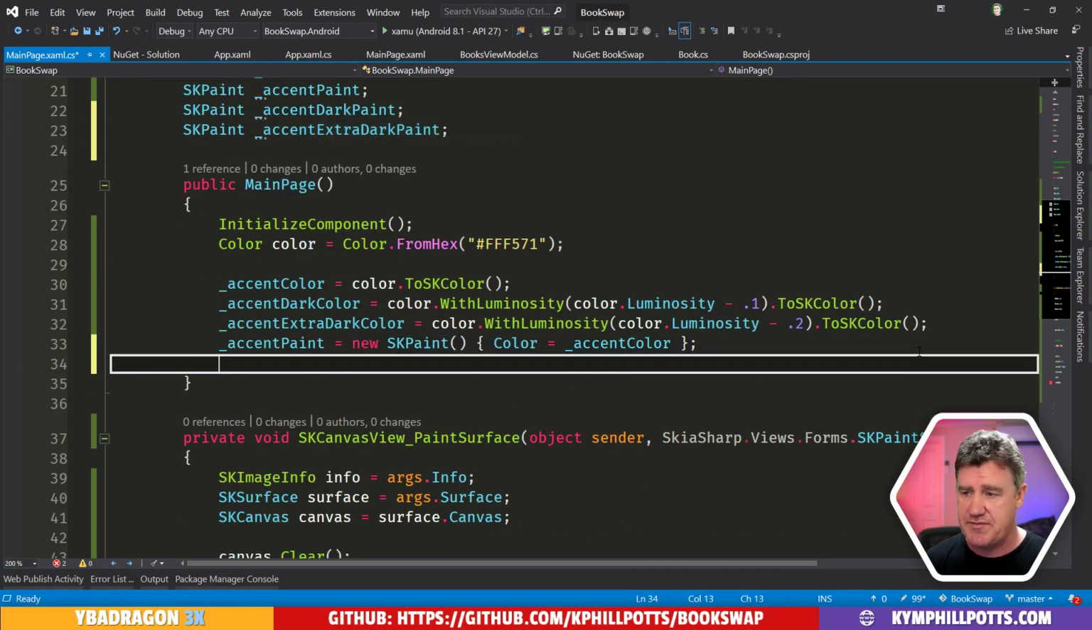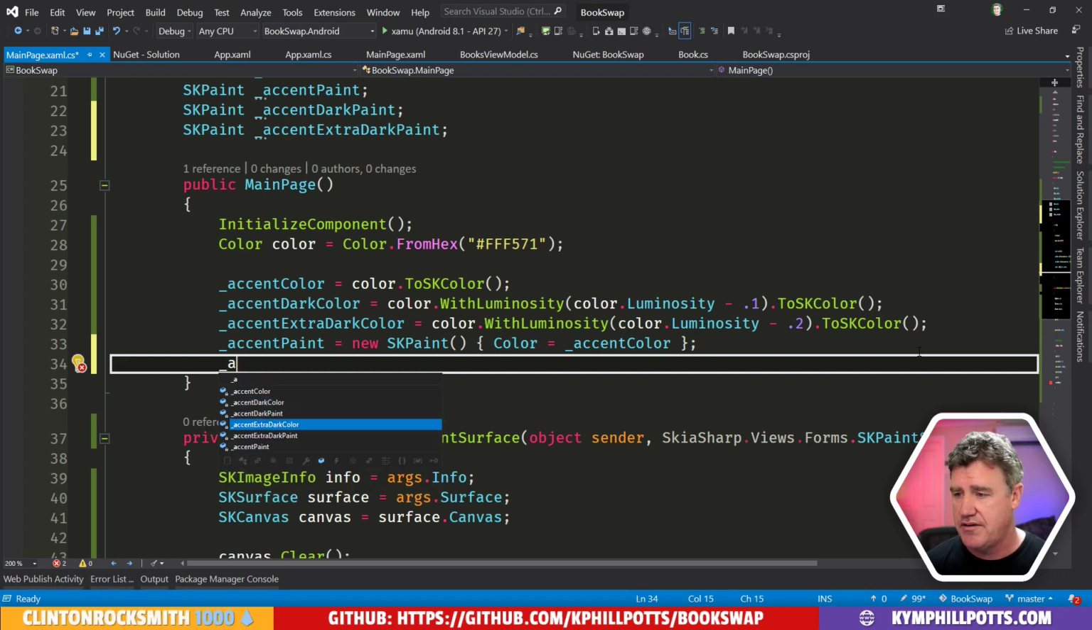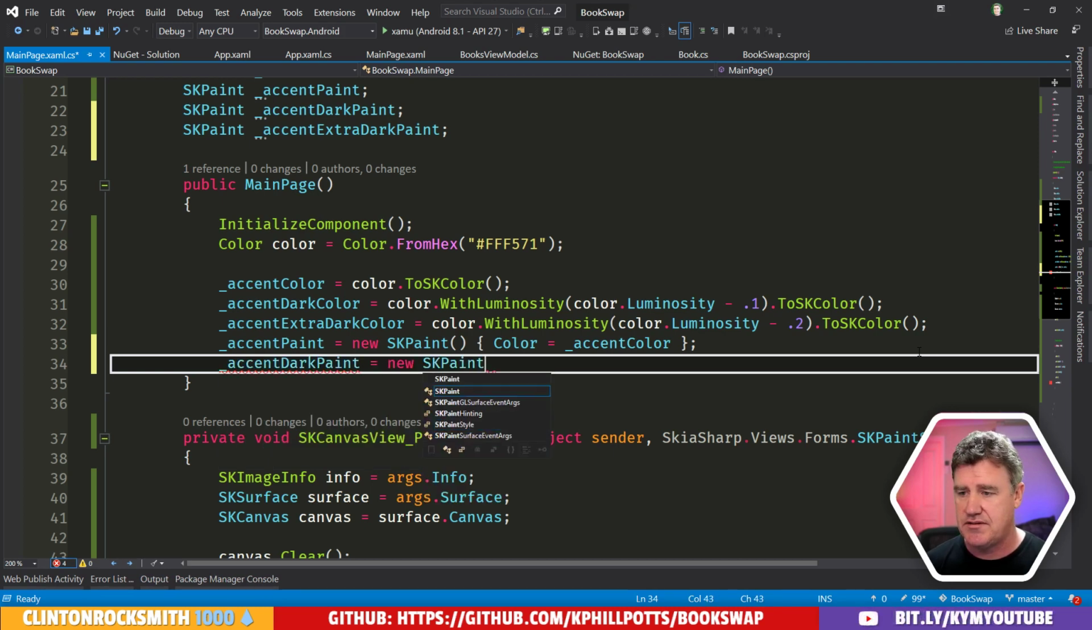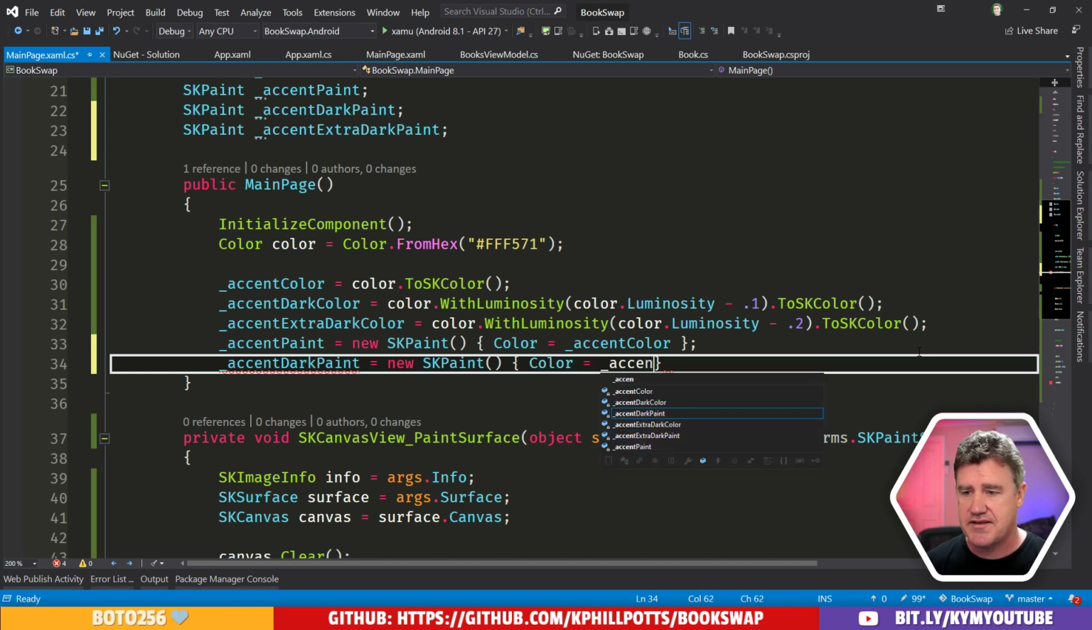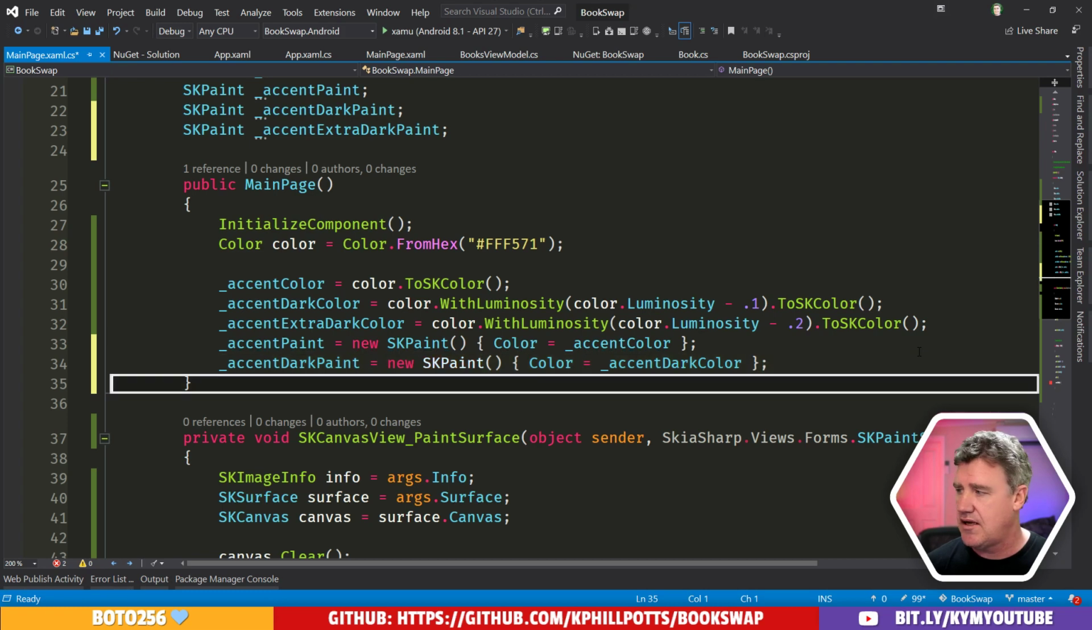Okay, so now I'm going to create these paint objects. It's a little bit of setup, but anyway. So we'll say dark paint equals a new SK paint. Color is accent dark paint, dark color. Okay, and then